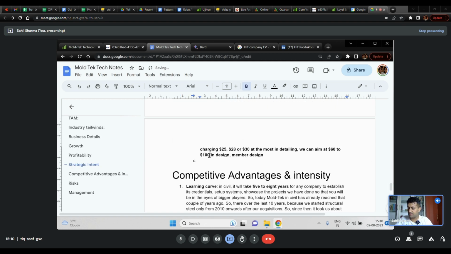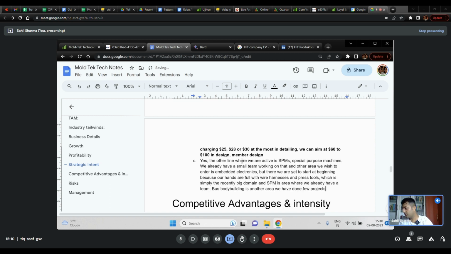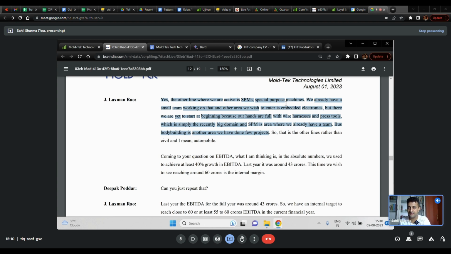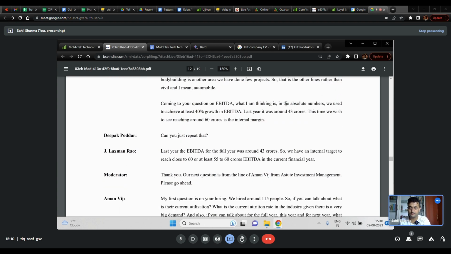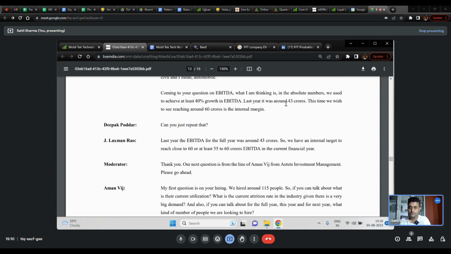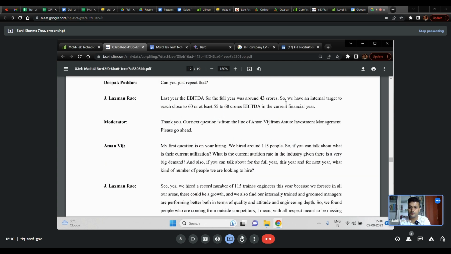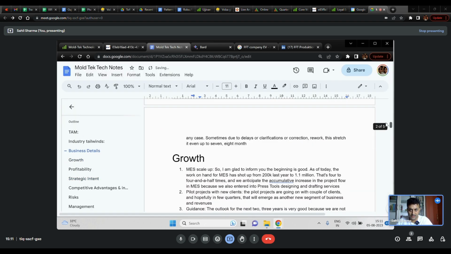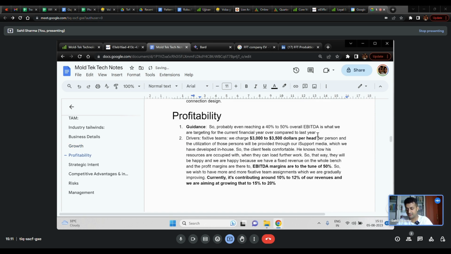Now, one thing I want to say is, when I'm reading the con call, I don't want to spend time on summarizing. But after reading all of this, I can always obviously cut it short and make it much crisper. But I want to do that separately after reading the con call. So, this is the growth guidance, 55 to 60 crore of EBITDA. We'll add this in the profitability guidance thing.